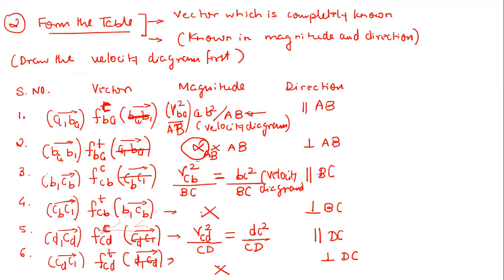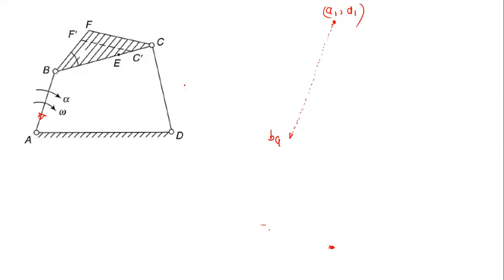Now we will draw the next vector in the table. The next vector is the BA-B1 vector, right? This is basically the tangential acceleration of point B relative to A. So the BA-B1 vector is going to start from this point BA, correct? So now just draw a straight dotted line that is going to be perpendicular to this AB, right? Now this will be the direction of the tangential component. So you just draw a line that is perpendicular to AB. Now this will be the BA-B1 vector, and this is going to mark our point B1.